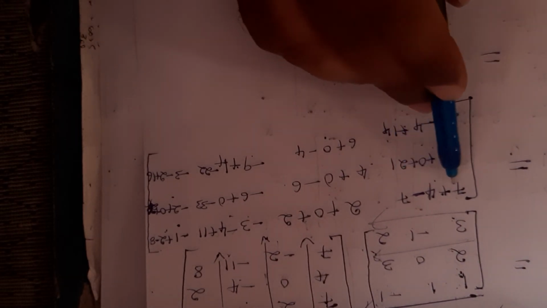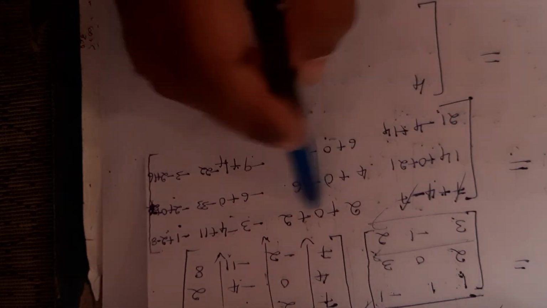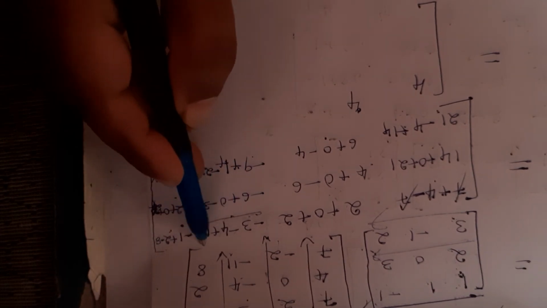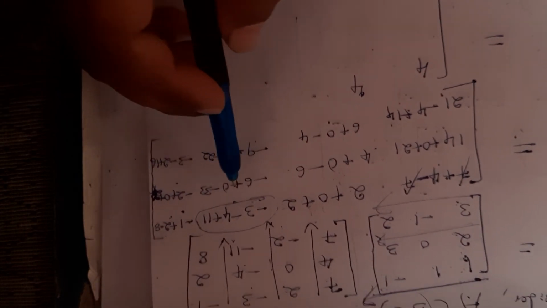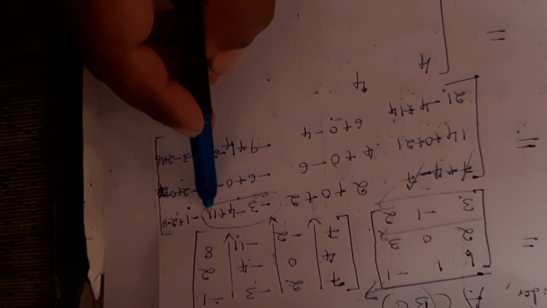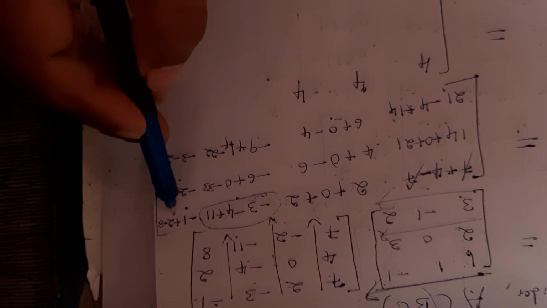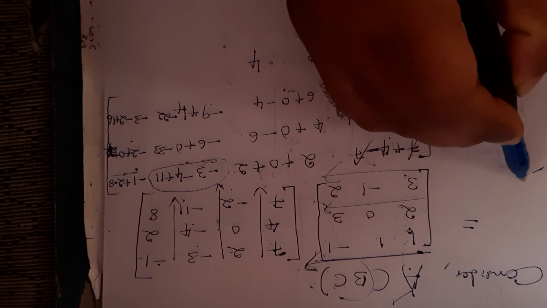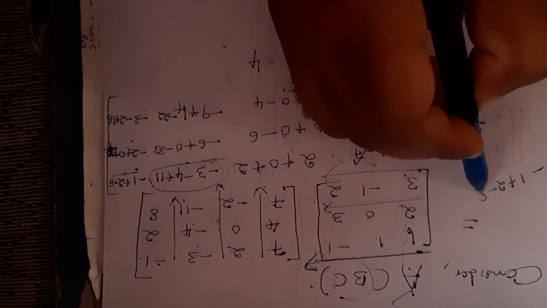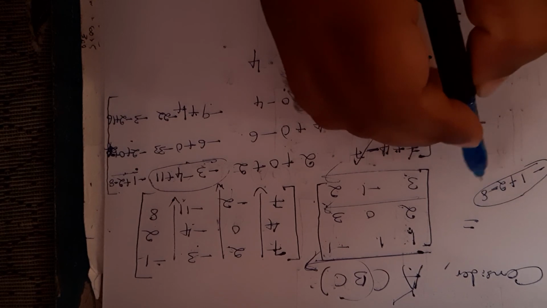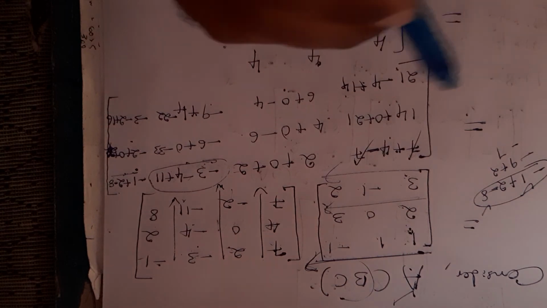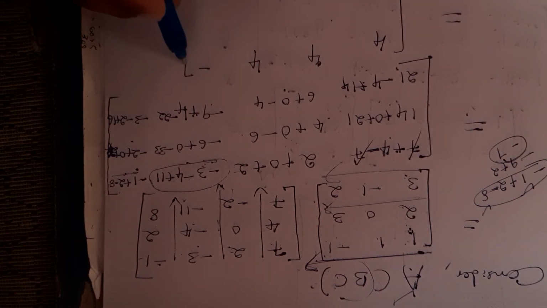So what I will get in the next step here, so I will write here, see, minus 7 plus 7 cancels, I get 0 here. 2 plus 2, that is 4. See, minus 3 minus 4 minus 11, so what is the simplification here? So minus 7 plus 11 means that is also 4. See here, minus 1 plus 2 minus 8. So what is there here? Minus 1 minus 8 is minus 9 plus 2, that will be minus 7. So we'll write this here, minus 7.